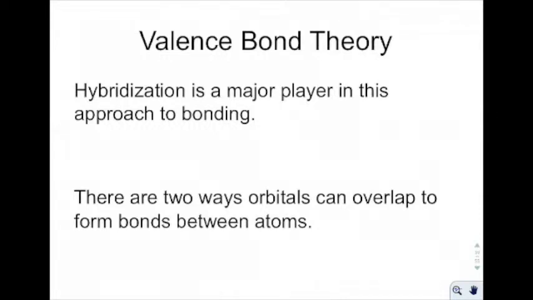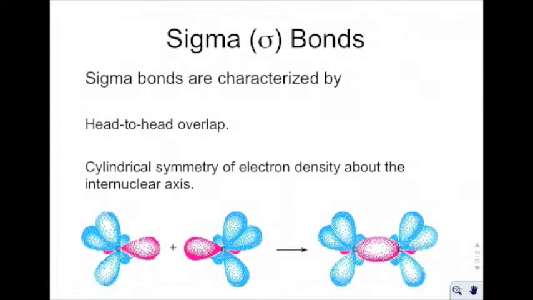Hybridization is a major player in the approach to bonding. There are two ways that the orbitals can overlap to form bonds. One is called head-to-head overlap. A sigma bond is head-to-head overlap and is what always happens first. Whenever you have a carbon bonded to another atom, let's say it's oxygen, a sigma bond, or a head-on